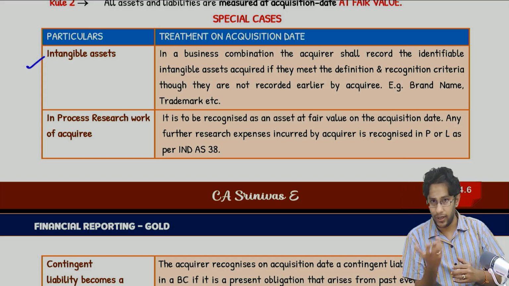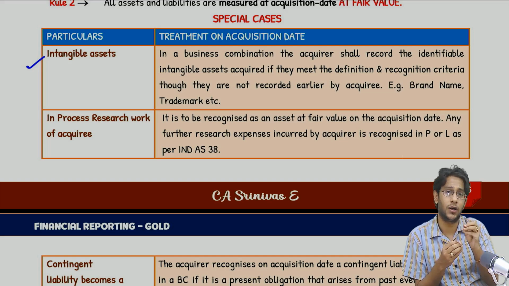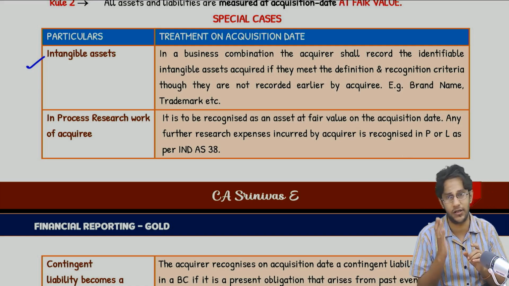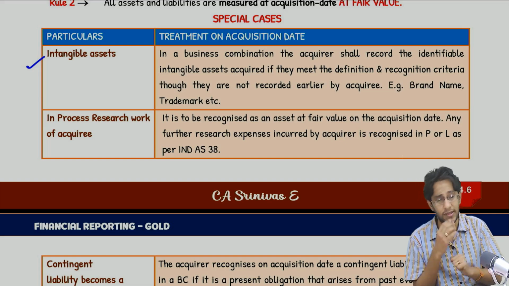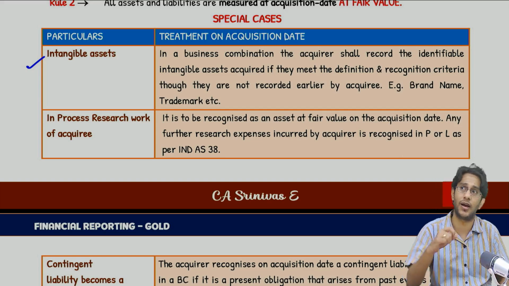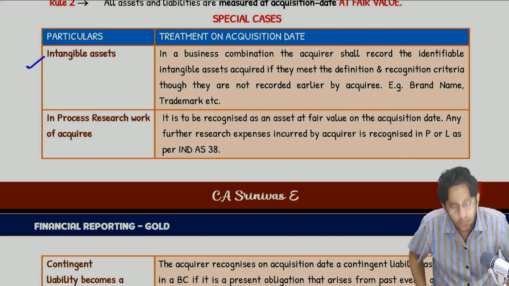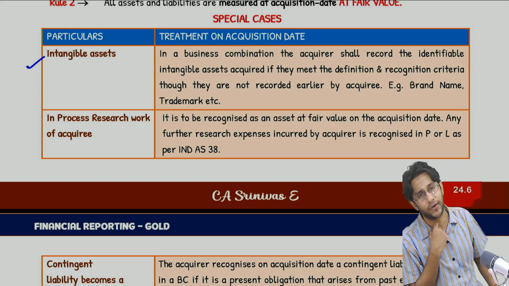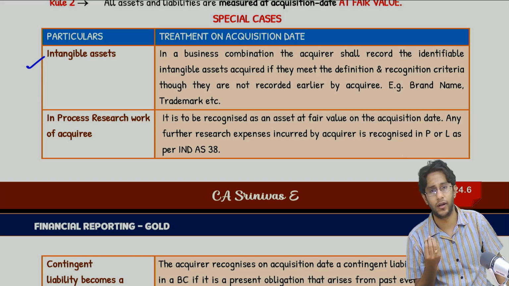See, the selling entity has some intangible assets. They have the intangible assets, but they did not recognize them in their balance sheet. Today they are not appearing in their balance sheet, but they have intangibles, and in the course of business combination I am acquiring the intangible assets also. So the question is, can the acquirer recognize intangible assets which are not recognized by the selling company? The standard says, even if the selling entity has not recognized certain assets because the recognition criteria were not satisfied, the purchasing company can still recognize such assets at fair value, provided the recognition criteria are satisfied.